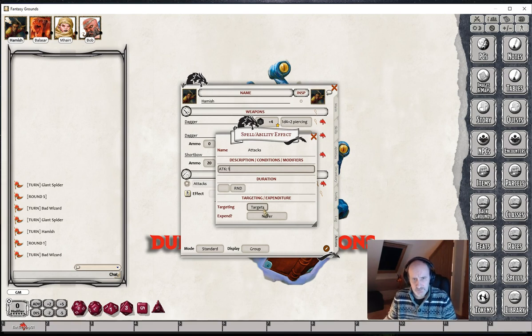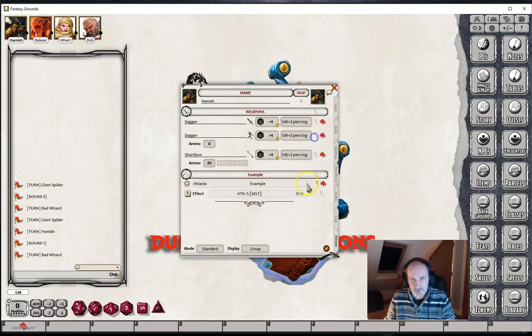So in this case we want the effect to apply to Hamish, so we need to set the effect to self. When we close that dialog, we see that the effect line has now got the effect in it, attack 1, and is being applied to self. And this little button here with the running man icon, this is what we use to actually apply the effect